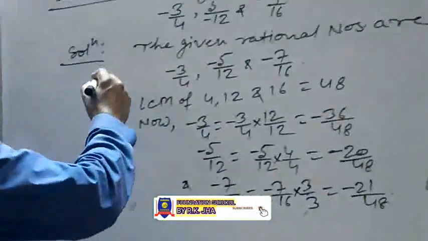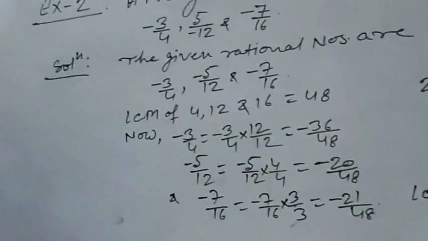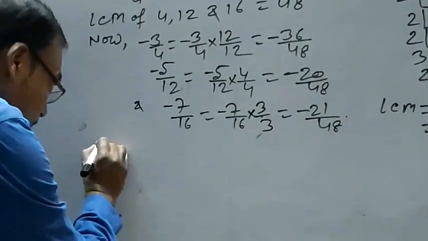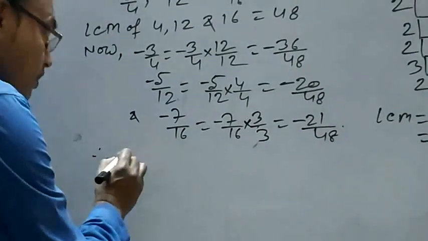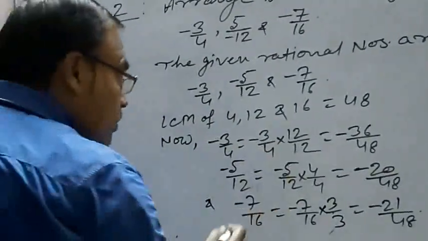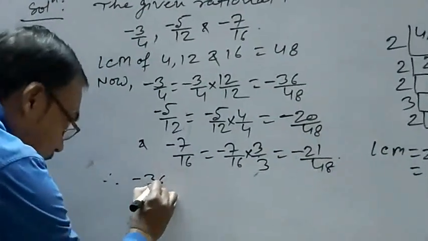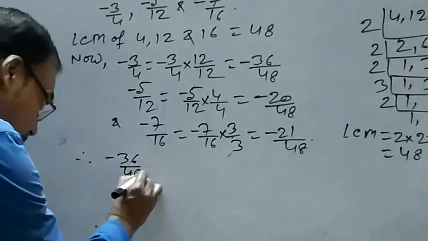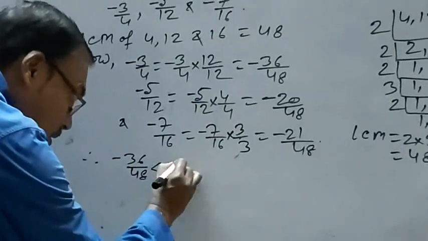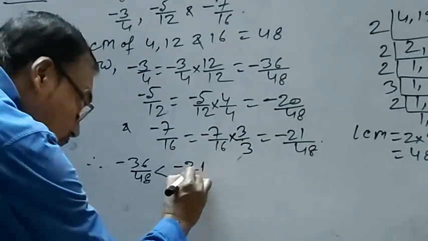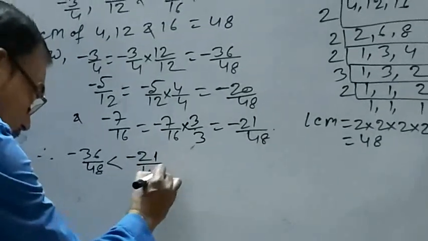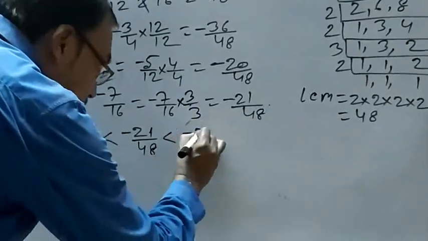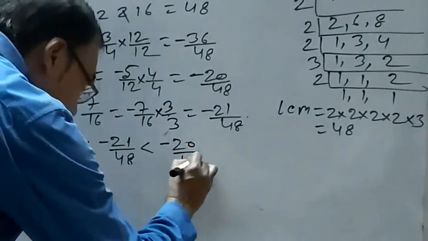So while writing in ascending order, we write minus 36 by 48 is less than minus 21 by 48 is less than minus 20 by 48,